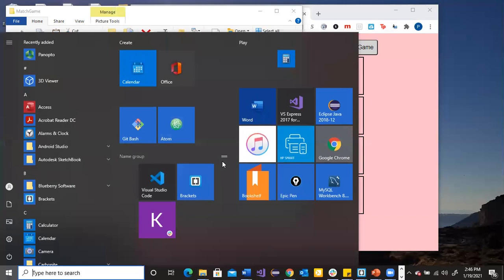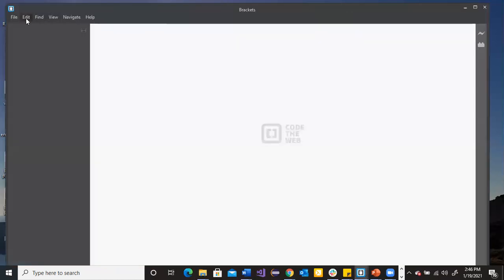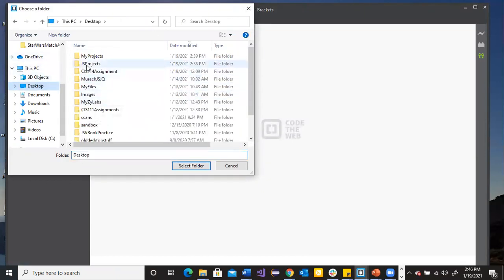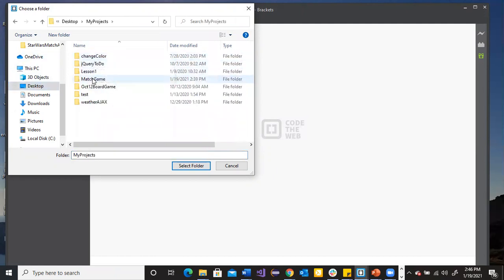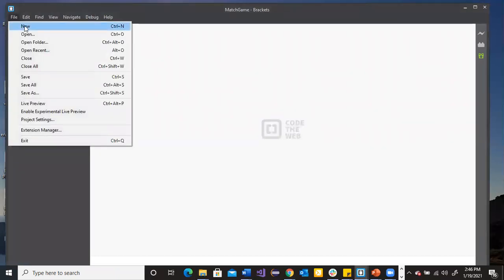Now I'm going to start my editor. The editor that I'm using is Brackets, and we're going to start writing some code. So I want to open my folder that I'm working on, which is on my desktop in my projects, Match Game. Right now the only thing that's in it is the picture directory. So let's add a new file. Save as